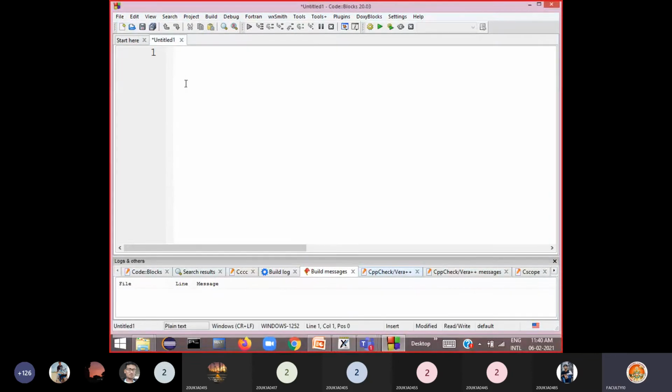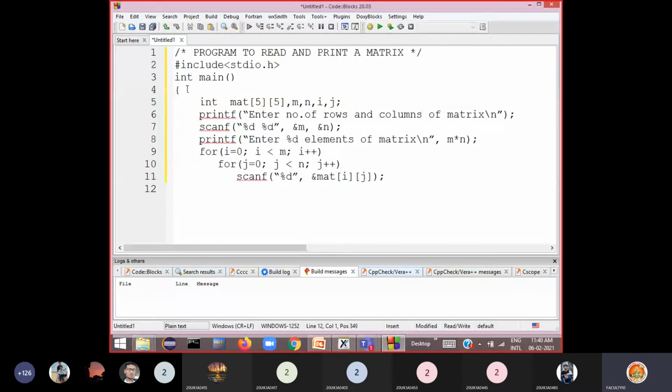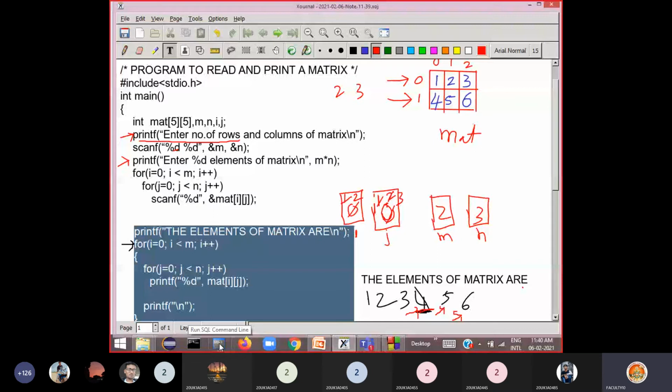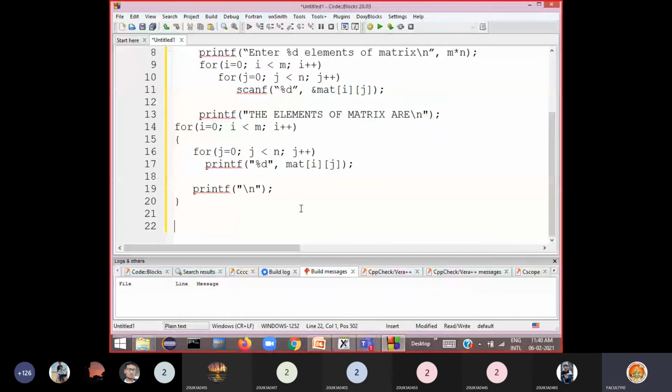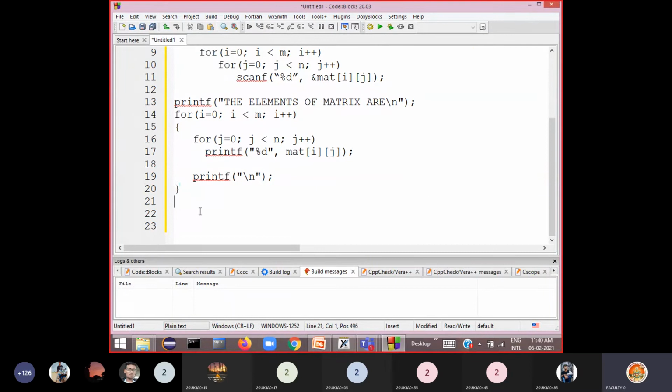Copy the program here. Okay, so then this part is printing of elements. Okay, so this is for printing the elements.